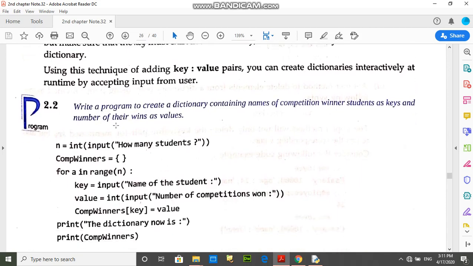And this is the program. Write a program to create a dictionary containing the name of the competition winner student as key, and the number of their wins as value. For this we have to take the number of students n equals to input how many students, and competition winner equals to starting dictionary value blank,